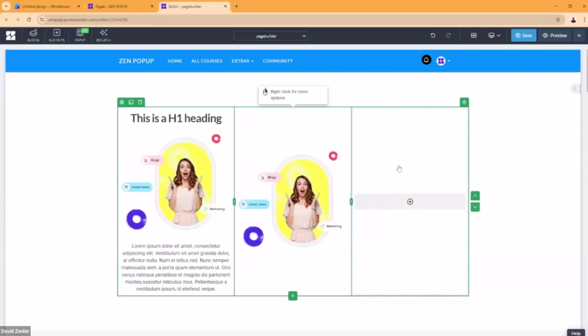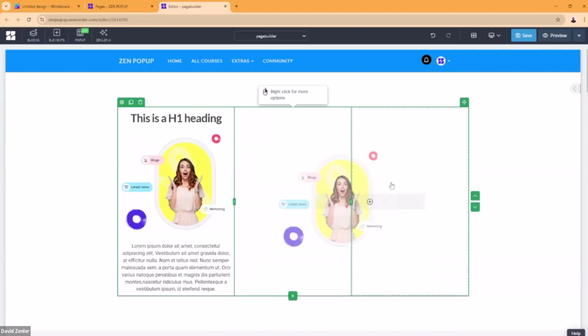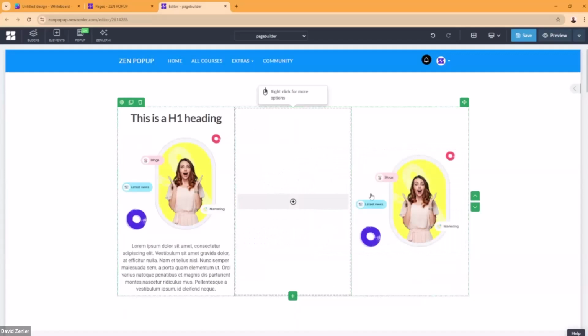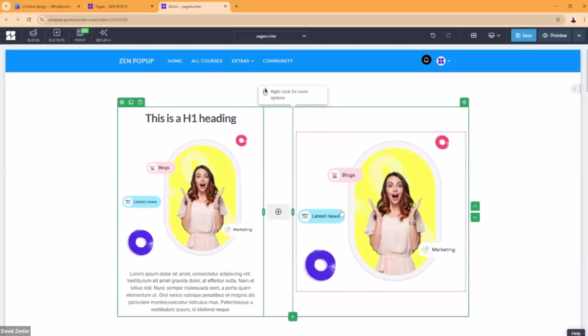But say that I want this empty column on this side. Right hand click, move column left, bang, done. There you go. Now I can create a little bit of extra space if I want to between these columns like that. Now remember, responsively, if there's no content in a column, it basically disappears on a mobile.